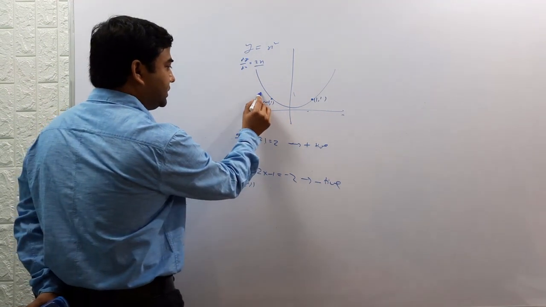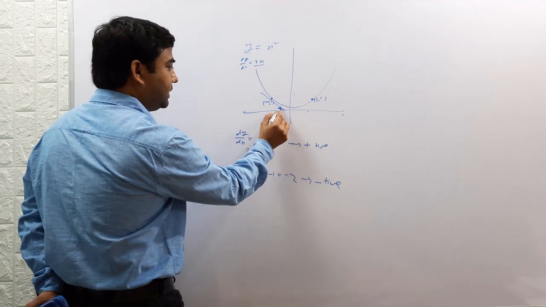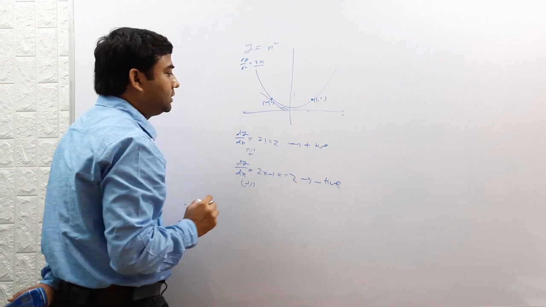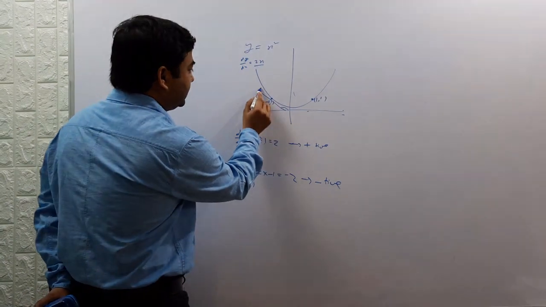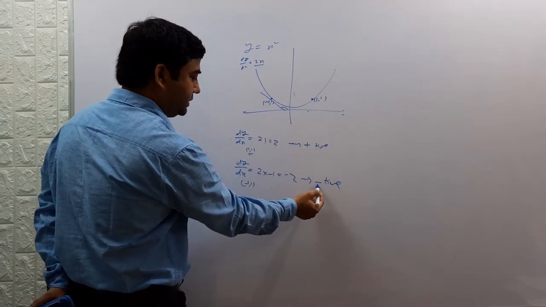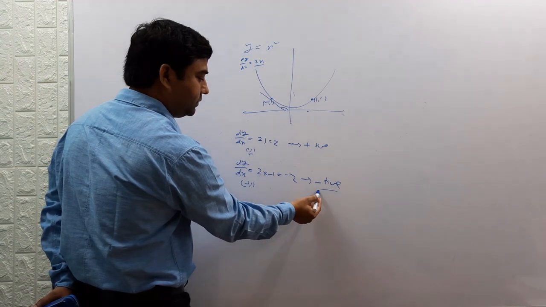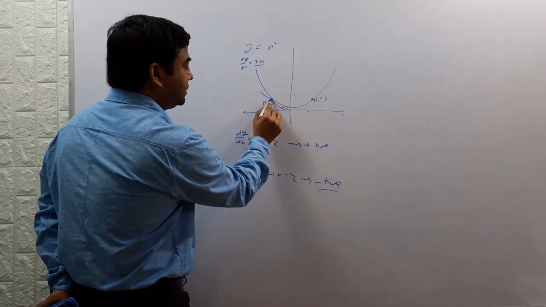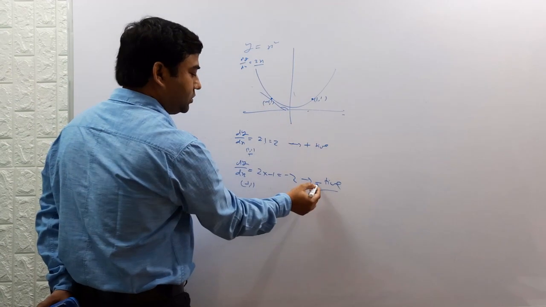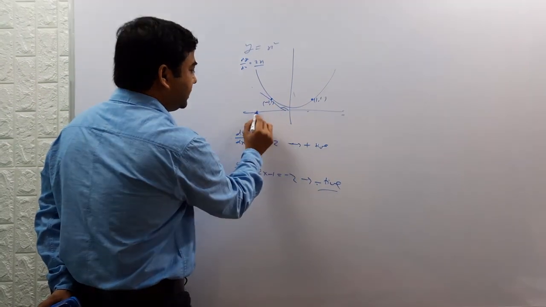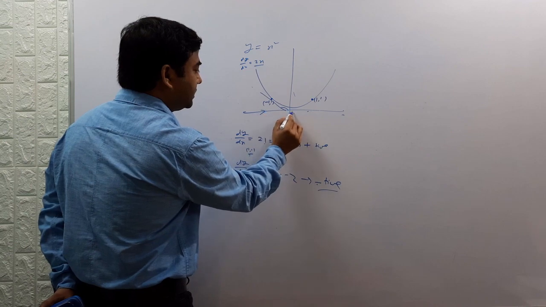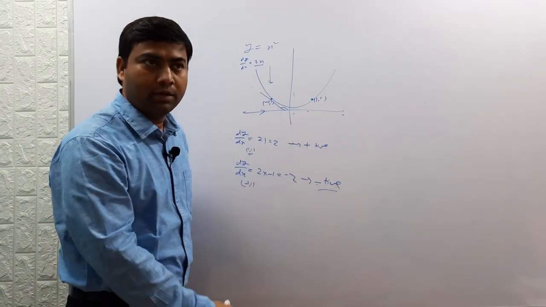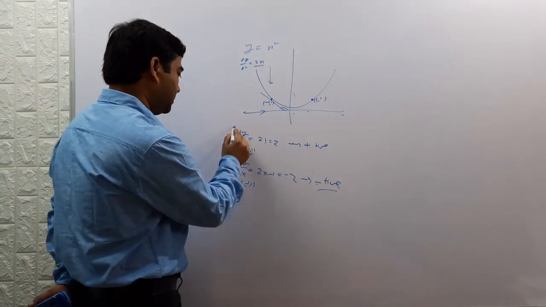So here the tangent will be like this. It will have an angle more than 90 degrees. Hence this derivative is also negative, because the tangent gradient is negative. So at this point the function is decreasing. You can see the value of x is increasing in this direction, but the value of y is decreasing. So it is a decreasing function.